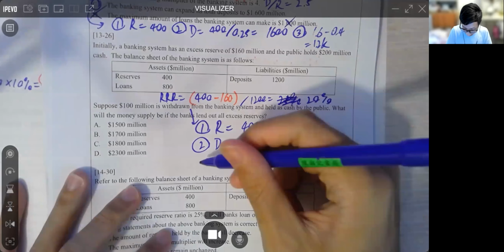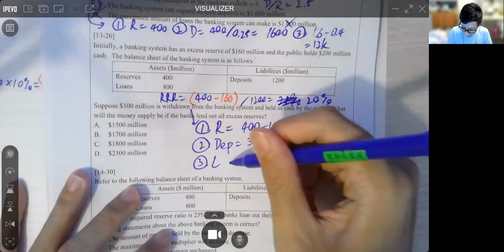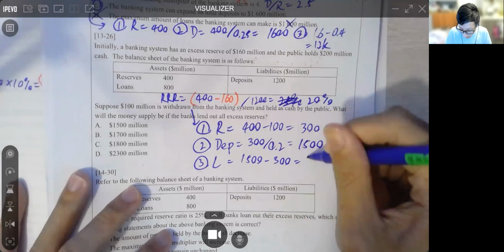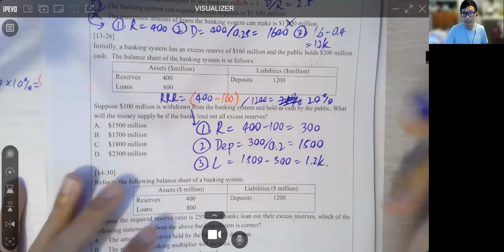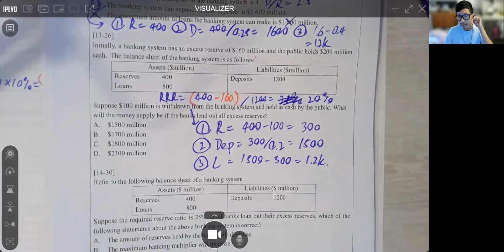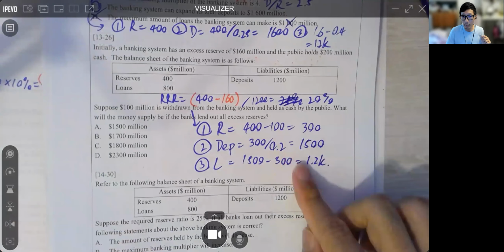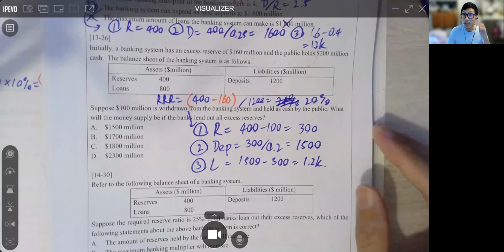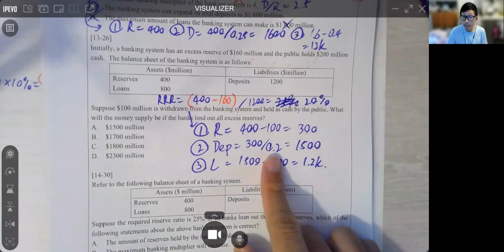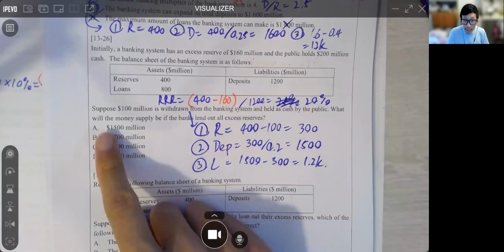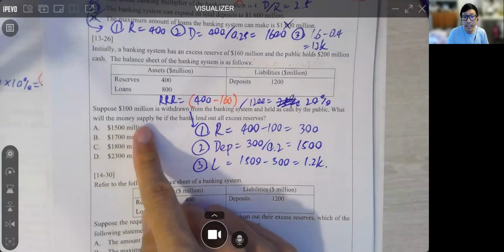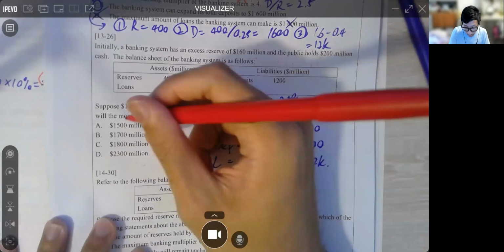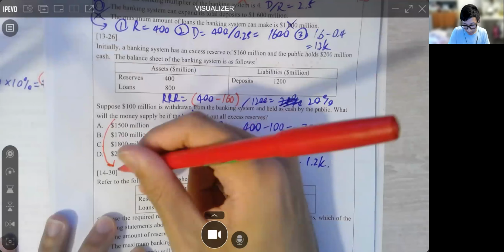1.5K. And finally, the loan would be 1.2K. Okay, 1.2K. 好嘛？好。咦，但係好似冇答案嘅啊，answer A。唔該，你自己小心啲啊，boys。Please be careful。佢唔係問緊你 deposit 啊。What will be the money supply 啊？唔該，你小心啲啊。Okay, boys。Money supply refers